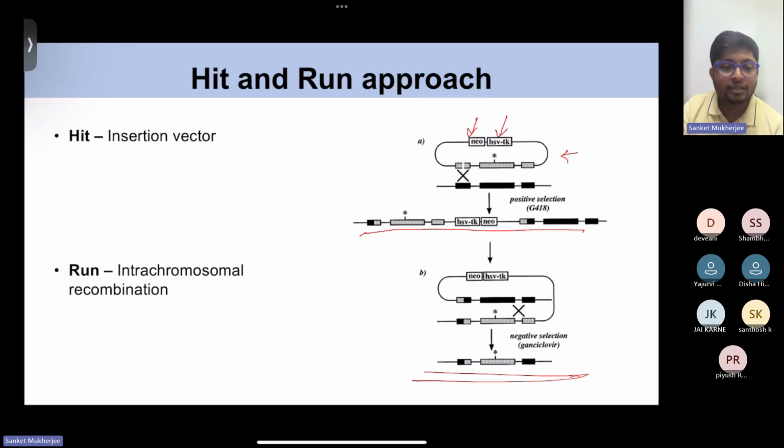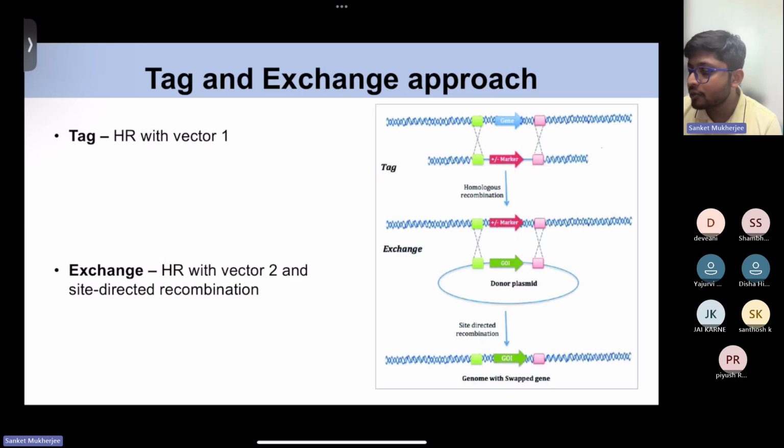Similarly, there is tag and exchange approach. So here there are two types of vectors, vector 1 and vector 2. Right? Two vectors are used. And in the first step, there is homologous recombination with vector 1, which we call the tag step. So this is vector 1. There is homologous recombination with vector 1, which leads to the replacement of